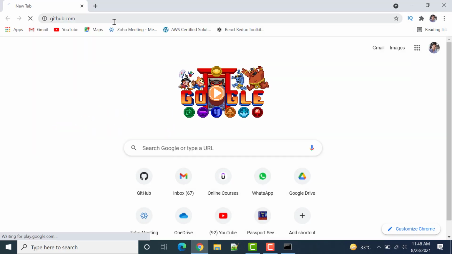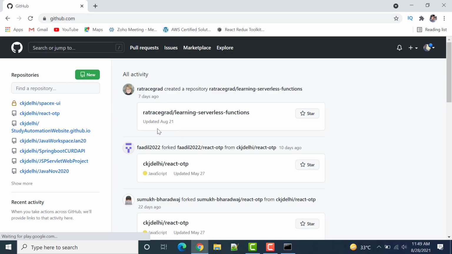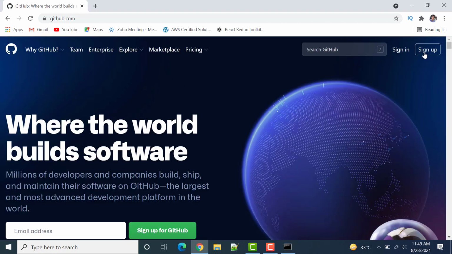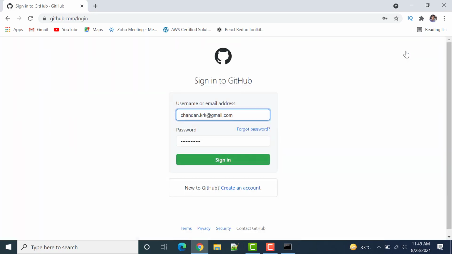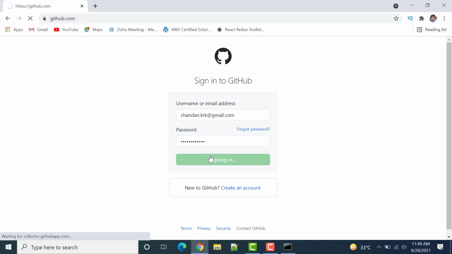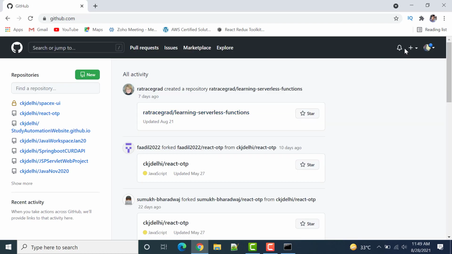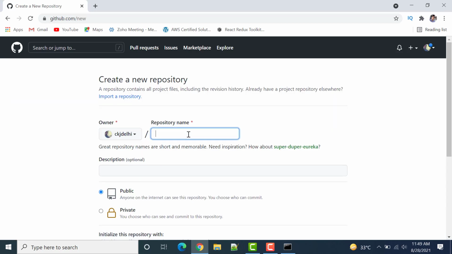So we have to open github.com, and if you are already logged in here, you will see this kind of UI, else you can log in from here. So let me show you. You can click on sign in, then after sign in you have to click on new repository, or you can click here also, and give the project name.